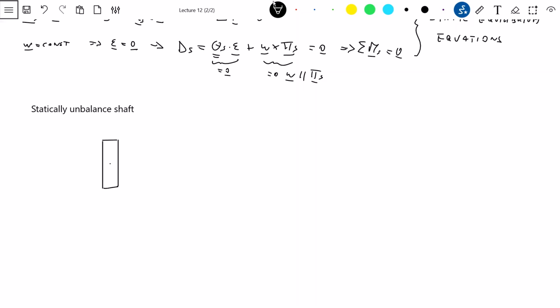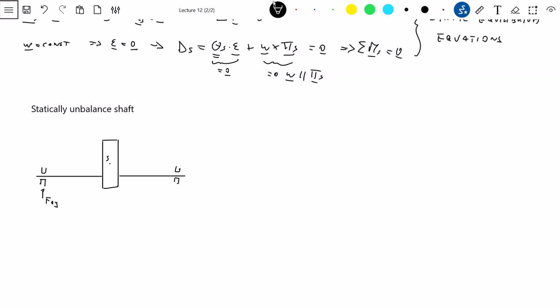And here is the center of mass, okay? But now the axis does not pass through the center of mass, okay? So here we have our supports,